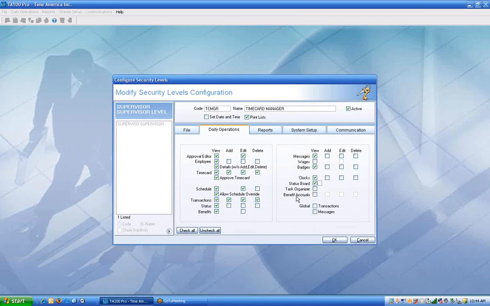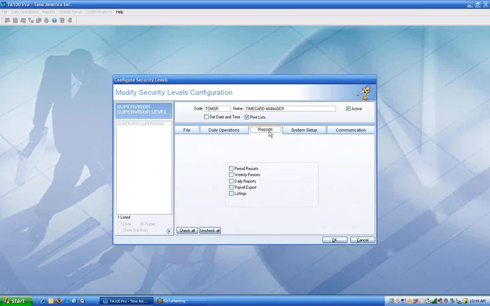That's where all of our benefit accrual rules are created. This person doesn't need access to see how the benefits were created. For global, I do transactions, probably not so much messages, because remember, we didn't end up giving them access to messages here. The reports, I probably give them access to all of the reports with the exception of the payroll export. Remember,